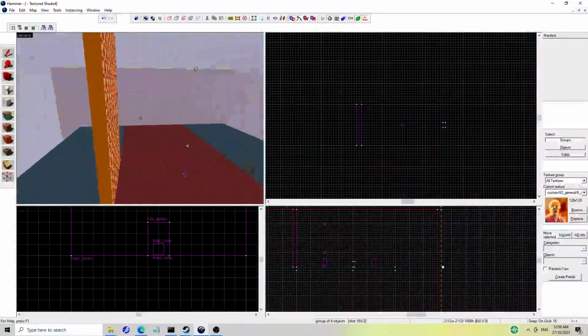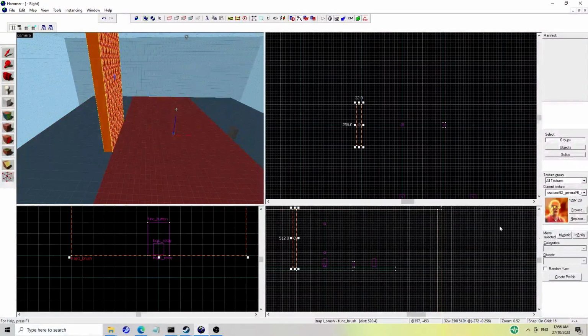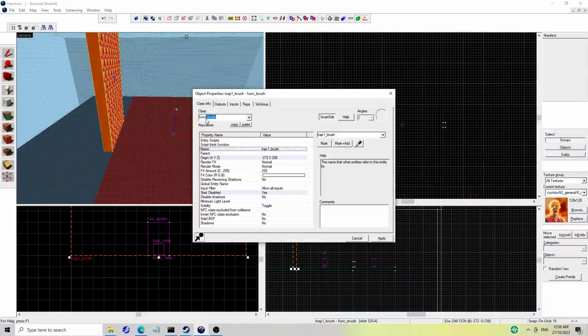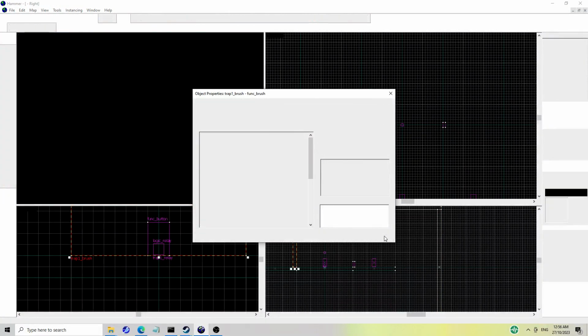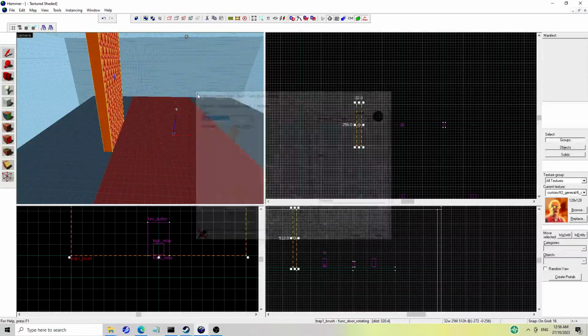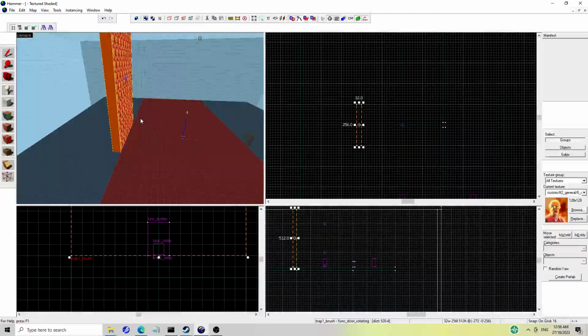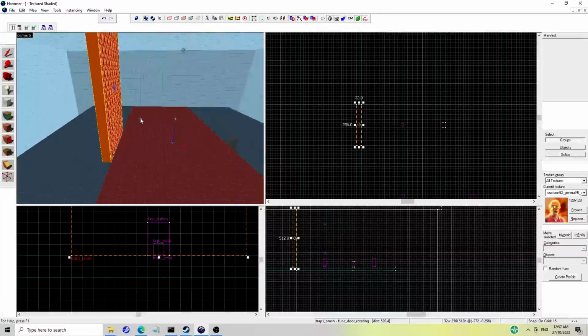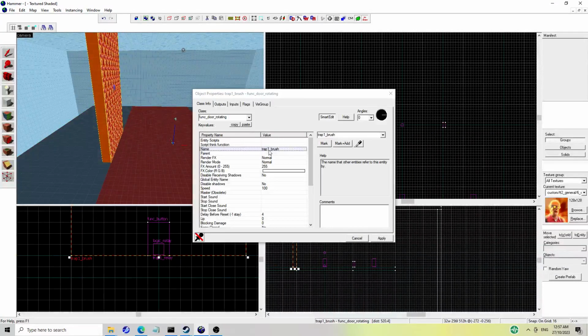Let's say you want this to come down. You would use a func_door_rotating, because these entities were made for different purposes, but they can be repurposed to make funny things happen. It doesn't just have to be used for a door. I mean, it doesn't actually matter what you call this, but I like to be